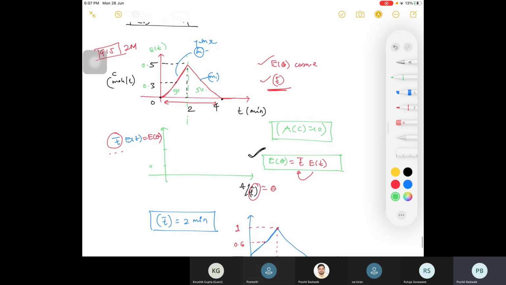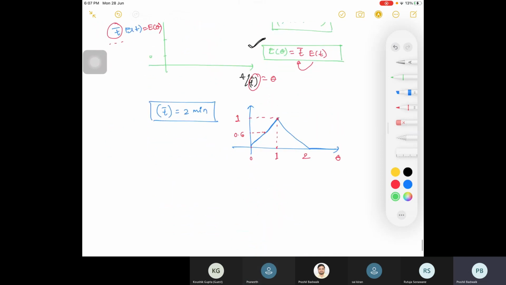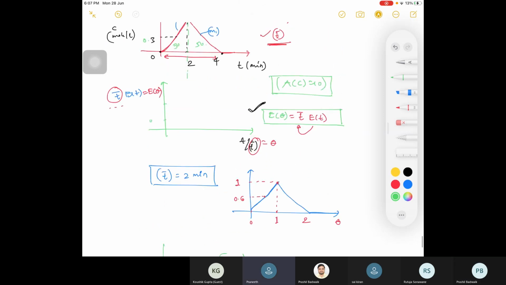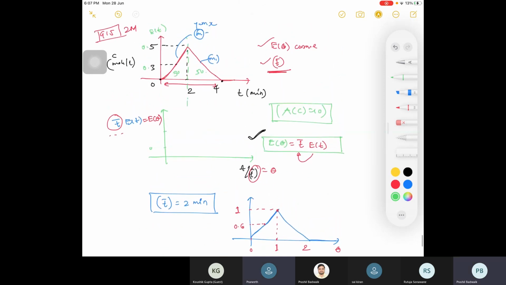But suppose the graph is uneven, right? Suppose I am telling you it is starting from some 3 minutes, it is like this, and then it is like this, right? And it is your 10 minutes. So in this case you cannot calculate because it is uneven, right? Uneven. In this case, whatever I took, these are even areas on both sides. If on one side the slope is 1, then it is -1 on the other side. If it is 2 on one side, then it is -2 on the next side, right? Then only you can do that.